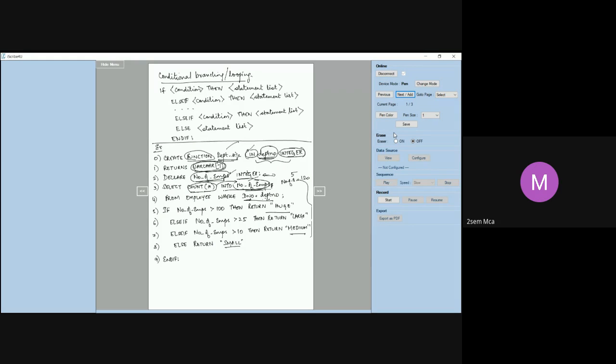Then we are writing a query. Procedure body starts from statement number 3. So first we are writing a query. Select count of star into number of employees, which means we are trying to count. Select count of star from employee where department number is equal to department number. DEPTNO we have accepted from the user. Let us say it is 5. Now we are going to count the number of records in that department. However many records are there, that many employees are there. Correct? That we are going to store in number of employees.